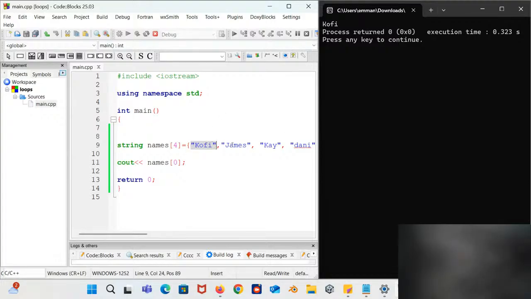If I enter element index 1, it's going to give me James. So this is 0, this is 1, this is 2, this is index 3. But you know we have 4 elements. But instead of being indexed 1, 2, 3, 4, it's indexed 0, 1, 2, 3. Are we okay with the concept of indexing? Are we okay?